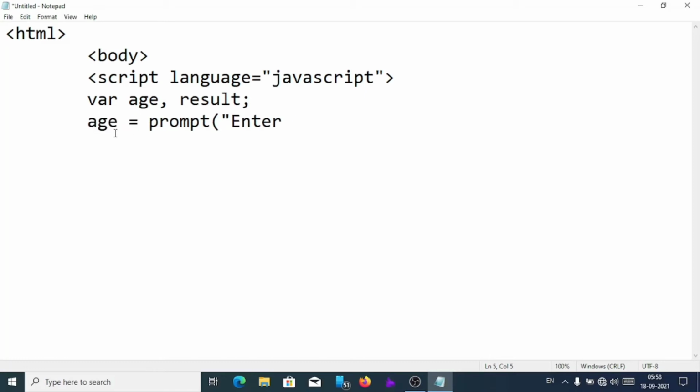Enter. So age equal prompt enter your age. This statement is used to take the input from the user. Now we'll have to check the condition. Suppose I am writing this program in conditional statement. So we'll write here result equal,